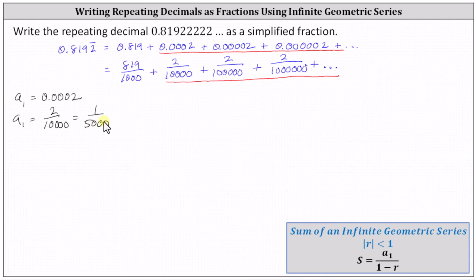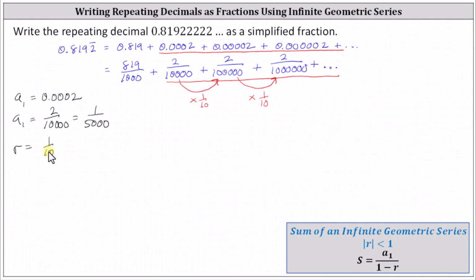And that's if we can determine the common ratio r for the geometric series part. Focusing on the denominators, notice we are multiplying the previous denominator by 10 to get the next fraction in the series, which indicates 2 ten thousandths times 1/10 is 2 hundred thousandths. 2 hundred thousandths times 1/10 is 2 millionths, and so on. This indicates the common ratio r is 1/10, and because the absolute value of r is less than 1, we